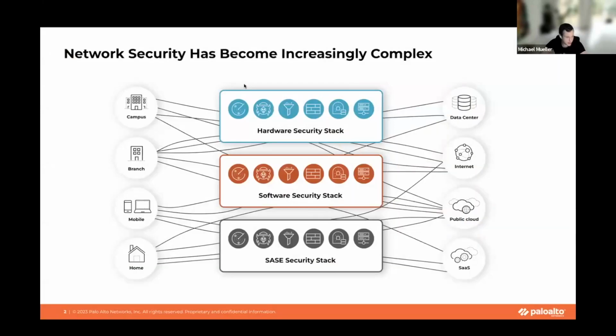Perfect. Where are we today? We see it more and more with our customers. They do have by now security stacks that are quite dispersed, in various different fields. Most of them, of course, still have a hardware stack, meaning their data center, their campuses, their branches, wherever they have a need for physical infrastructure, but also the software security stack, meaning VMs, CN firewalls for container-based security,